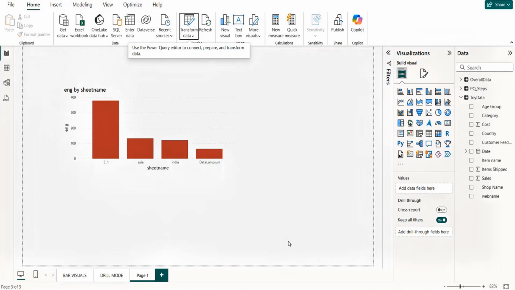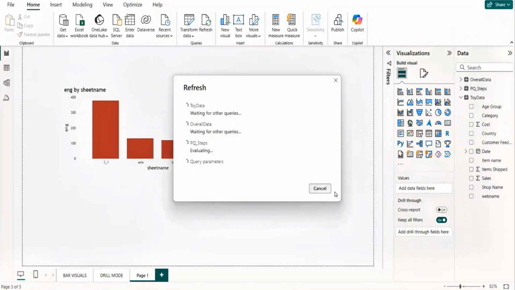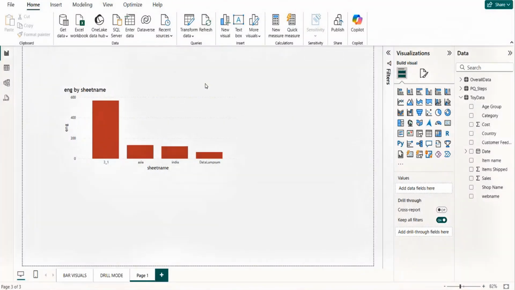Okay, so Power BI step, we will never touch this particular part. And I just want to refresh all things. All right. So now